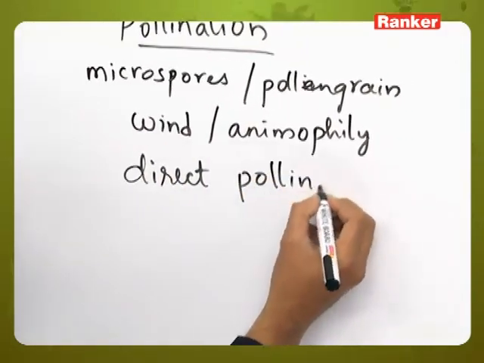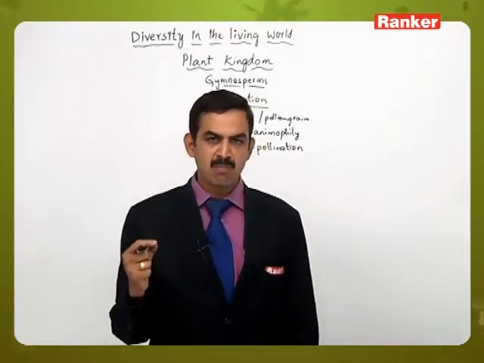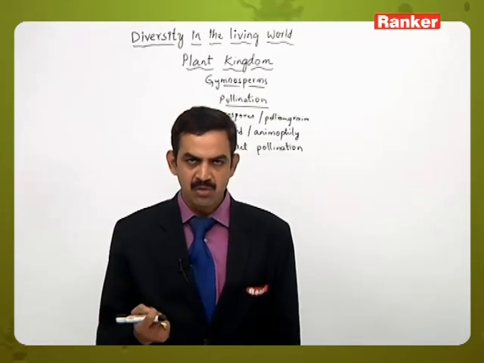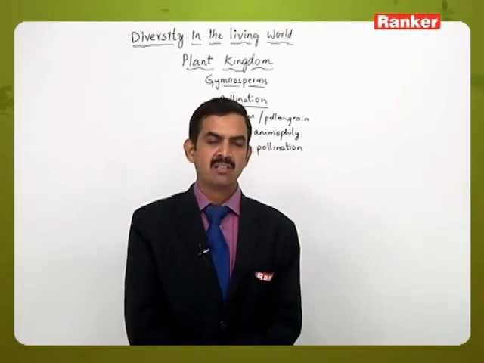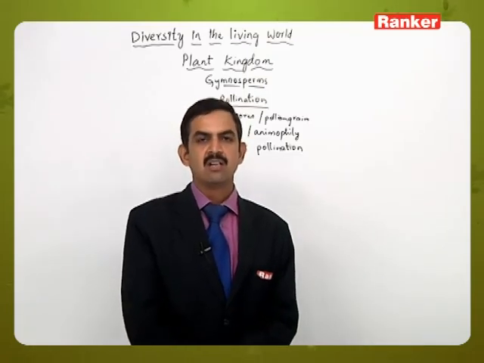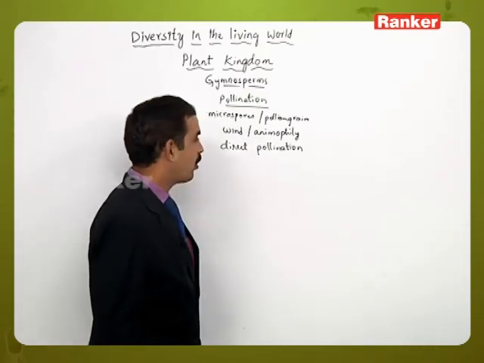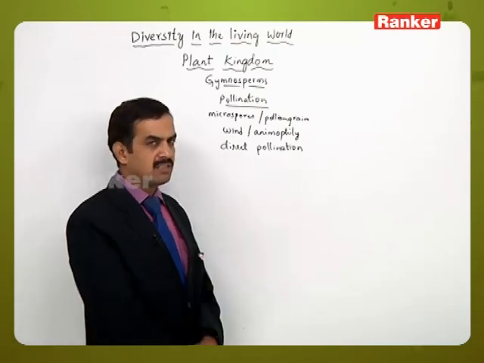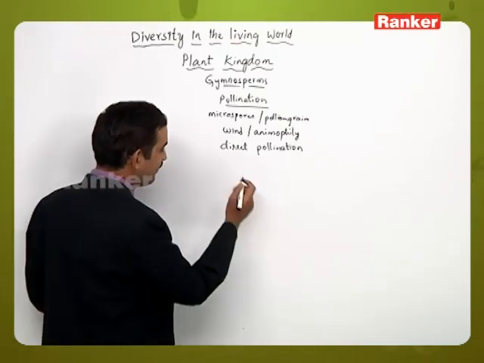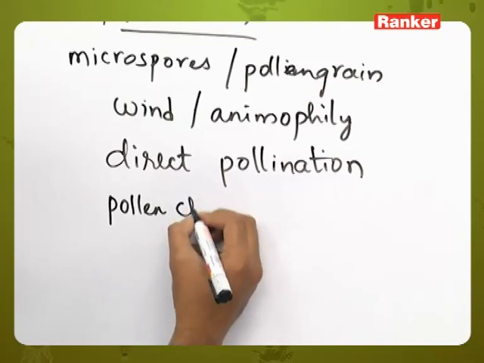direct pollination. In angiosperms, we know that the pollen grains will reach the stigma, and when they reach the stigma, they germinate and produce a pollen tube that will pierce through the style and ovary and reach the ovule. But here these conditions are not present, because stigma and style are not there. That's the reason why the pollen grains will directly reach the pore or micropyle region of the ovule, which we call direct pollination. And here when they reach, they will enter into the pollen chamber,